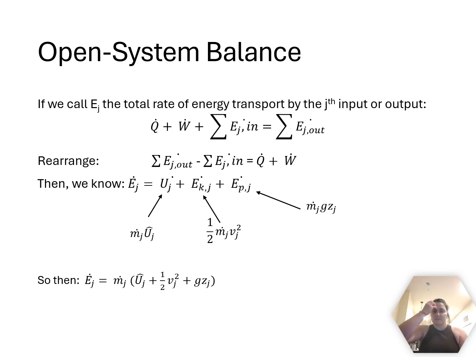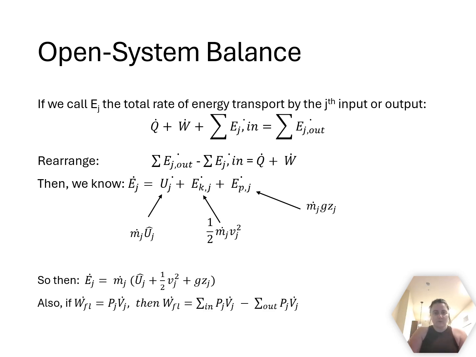Okay, so now E sub j, every single term has an m dot in it. So we factor that m dot out, and we say m dot times the specific internal energy of the system plus 1/2 v squared plus gz is going to represent the total energy that's related to internal, kinetic, and potential in the system. From there, we also know that our